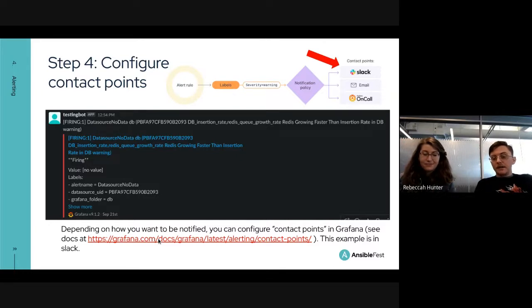Another one is a change we made in controller 4.3, which is now in the installer. If we notice you are deploying onto larger nodes, like with 16 CPU or more, we're going to automatically increase a setting that we've discovered a lot of people don't know about until they have problems, which is called job events workers.